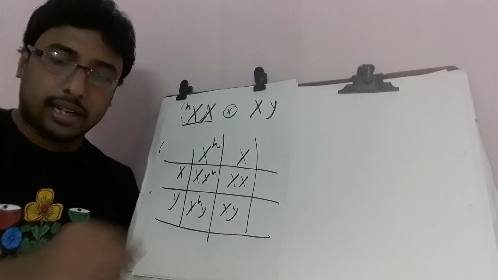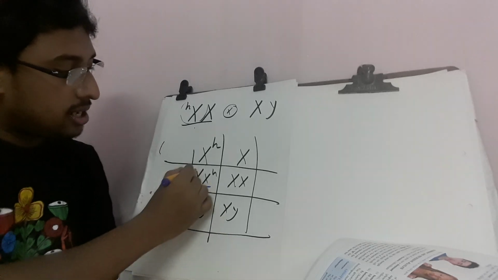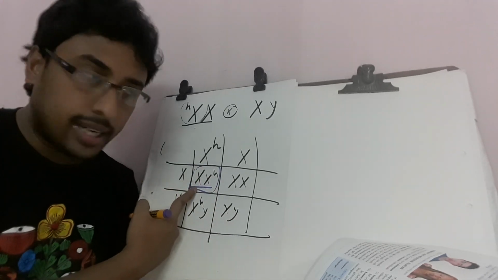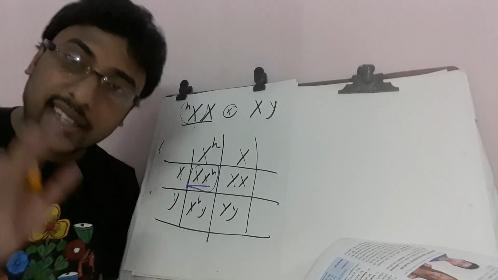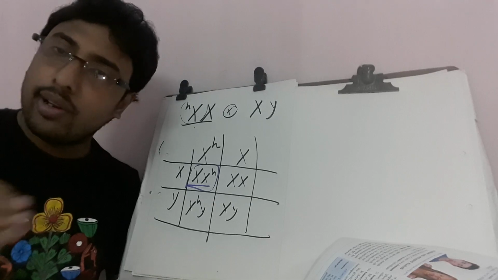See here, I am starting from that structure. Here is the structure, that is X^H. One X is affected, the other one is normal, meaning the daughter is a carrier, not fully affected. If you see any person who is a carrier of hemophilia, you will not get any